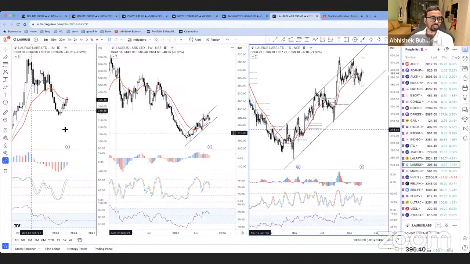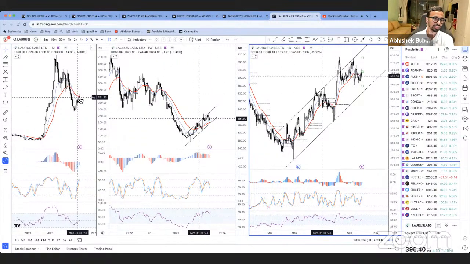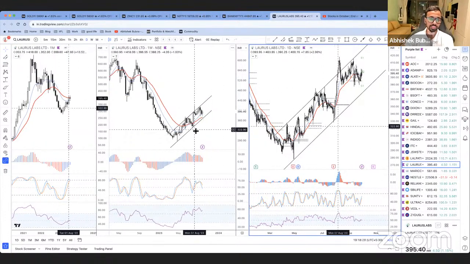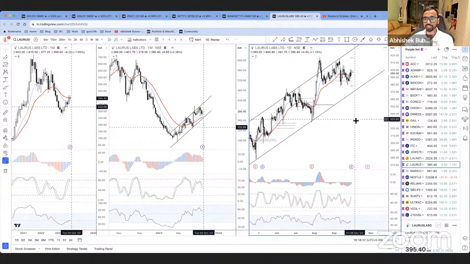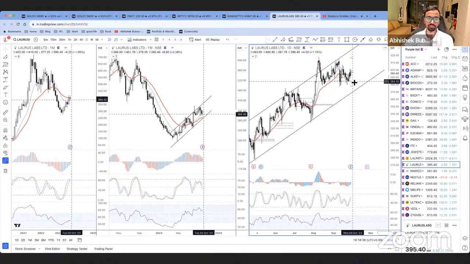Then we come to Laurus Labs. Now, Laurus Labs mein kya hai? Monthly EMA pe, you can see it fell. Now, this looks like correction because monthly EMA pe hai. And weekly mein bearish divergence hai with a 012 test, pretty much, right? And 012 test yahan pe hua hai. You can see the entire thing was a sideways kind of a movement.